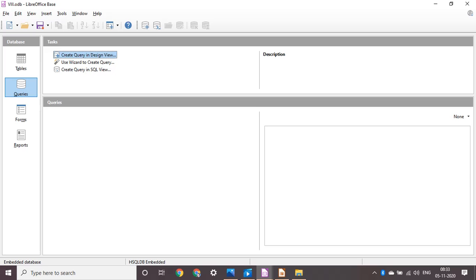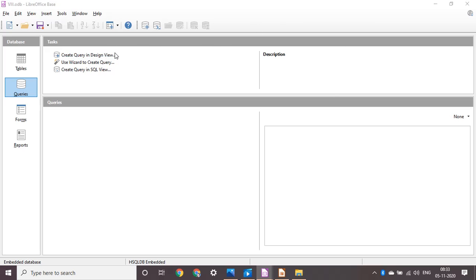In the same way we can create a query here. We can create a query in three different ways. One is design view, second is wizard, and third is SQL view, right? So in this class we will work on design view.